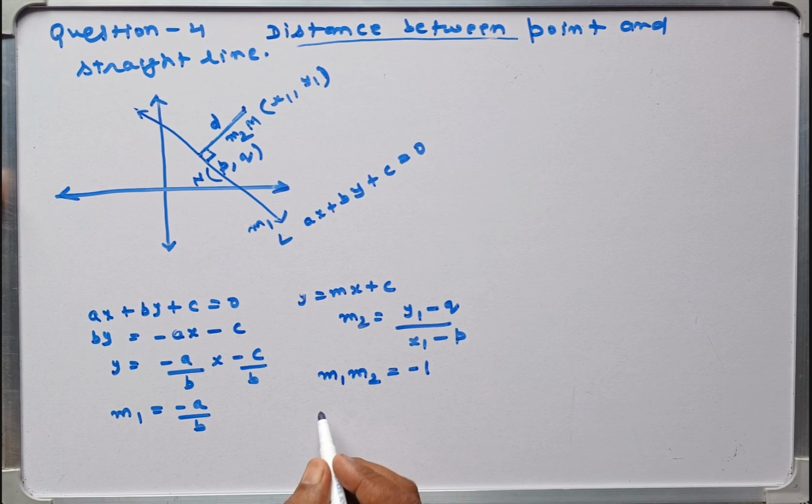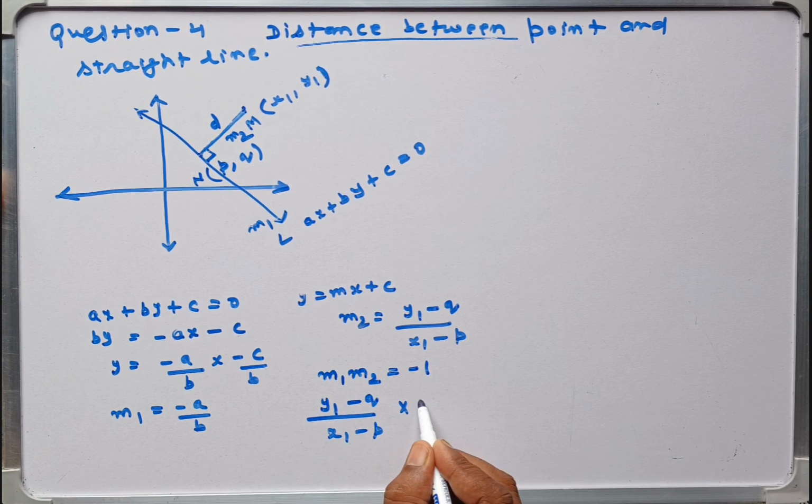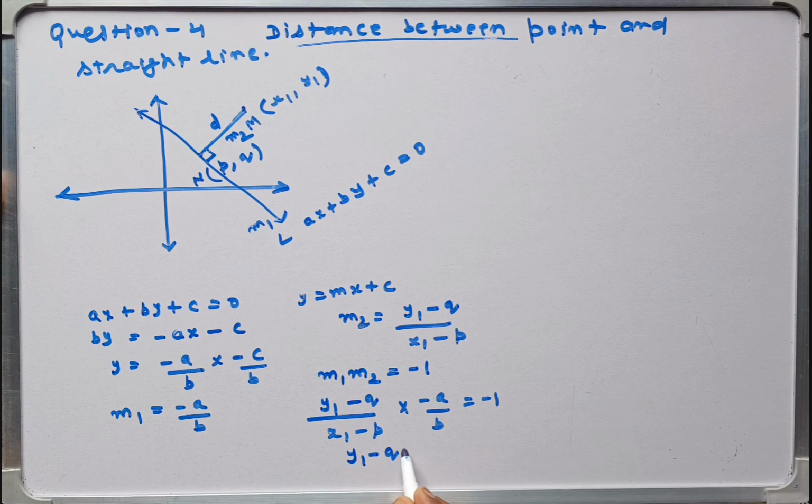So what can we write here? y1 minus q over x1 minus p into minus a by b equal to minus 1. So next we can also write it as (y1 minus q) into a equal to b into (x1